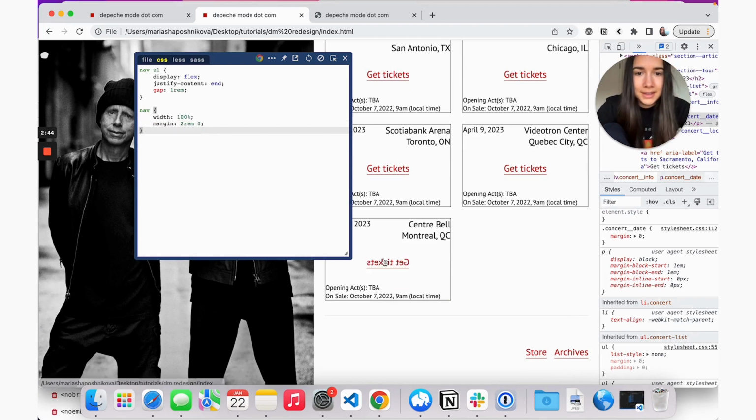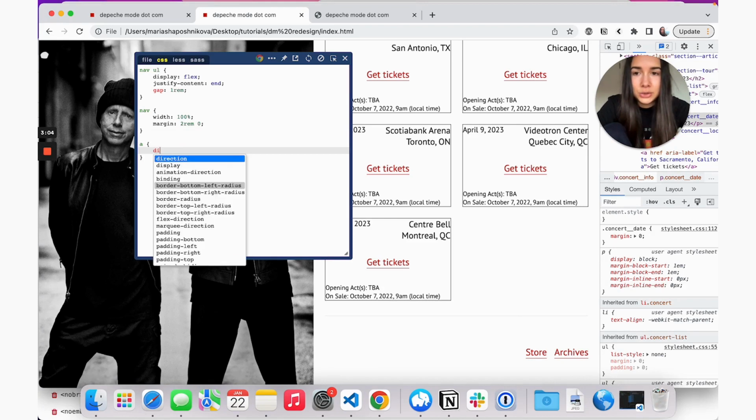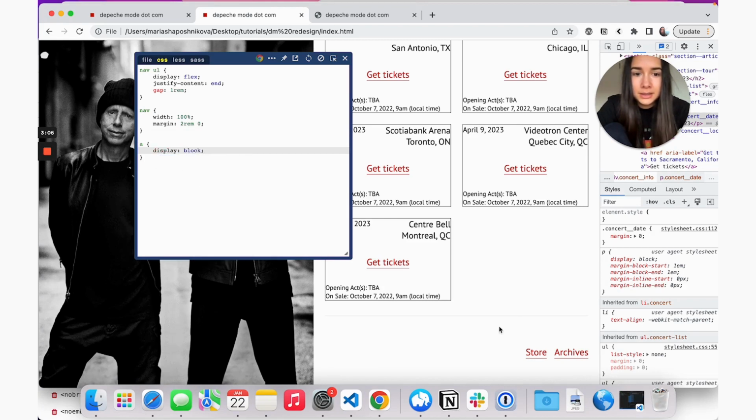And the very last thing, you can see that when I hover over our links inside the tickets, we get this transform property, but here it doesn't apply. One way to fix it, what we could do for the overall A tag is make sure it's displayed as black. And this way the transform property will be preserved.